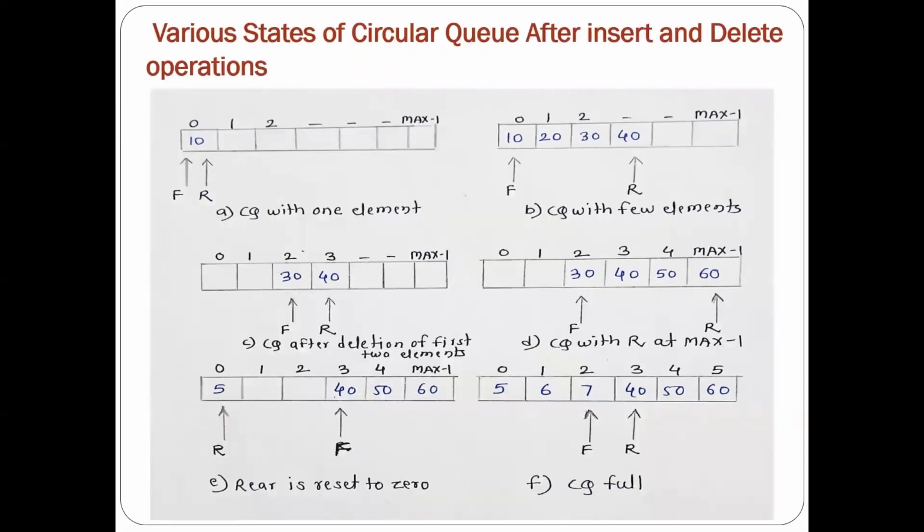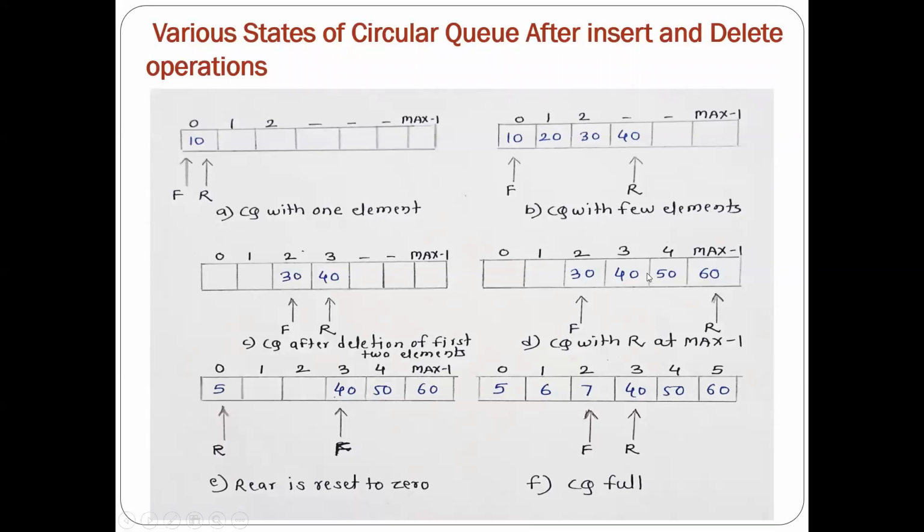So for this purpose, always in case of a circular queue, I'll show you the code afterwards. First see these cases here. This first case is exactly similar in the linear queue and in the circular queue, as both front and rear are at the first position. Again, after doing the same insertions, rear is incrementing, front is at the same position. This is also the same. After deleting a few elements, again the same case as the linear queue.